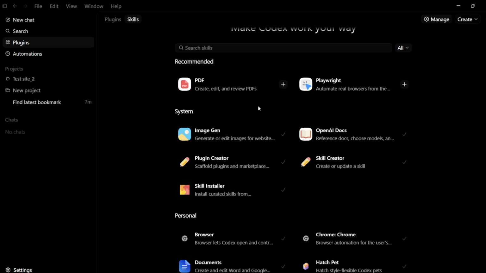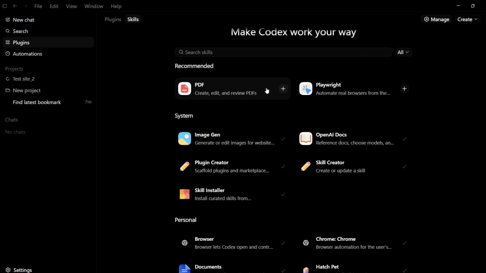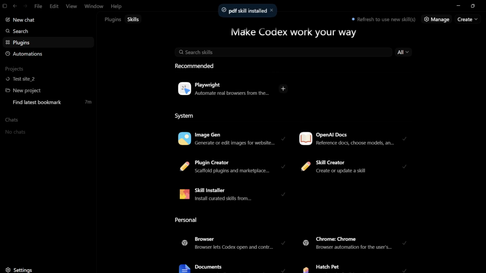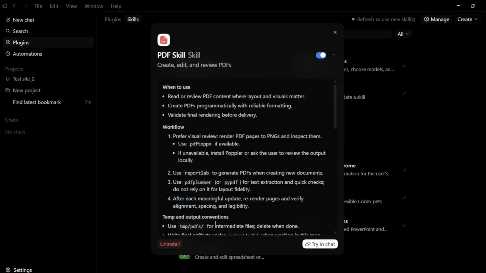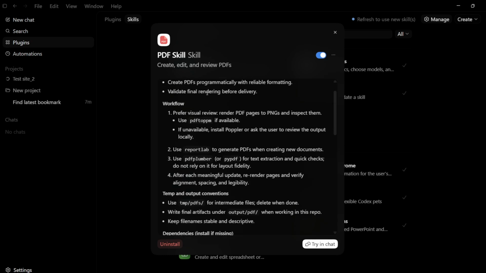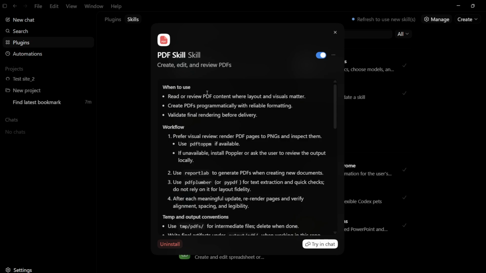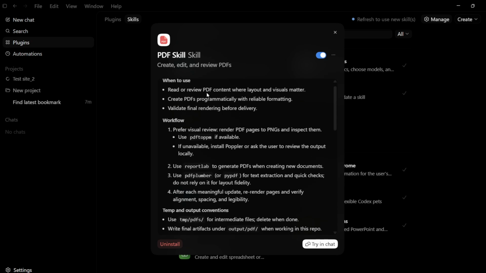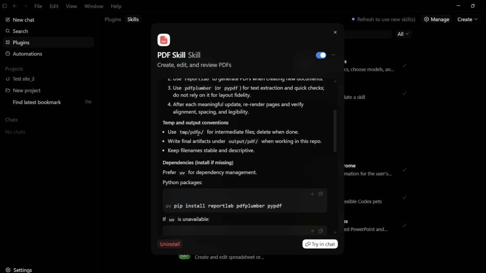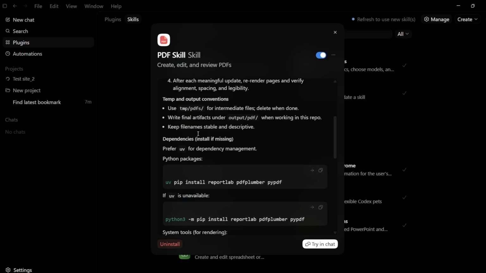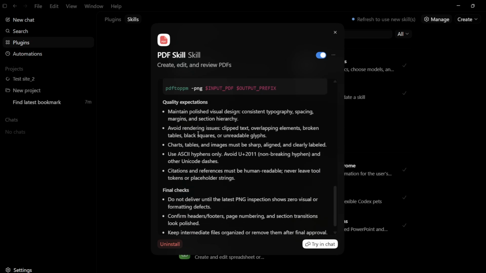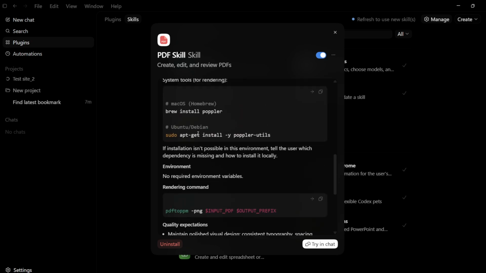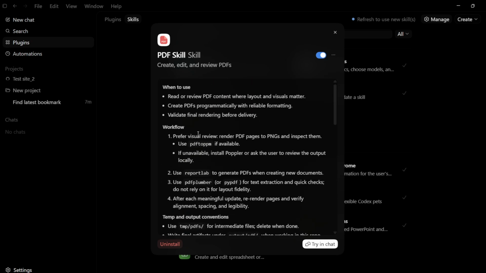So for example, if you wish to add this PDF generator skill, I'm going to simply click onto this plus option, and you can see that this skill has been successfully installed. Now I can view the skill by simply clicking onto this, and from here you can see what the content of a skill looks like: when to use, the workflow, the temporary and output conventions, the dependencies, and many more things like the rendering command, quality expectations, and final checks are all the contents of this